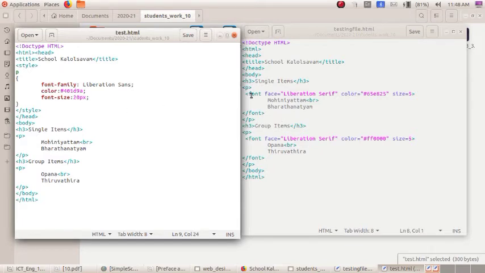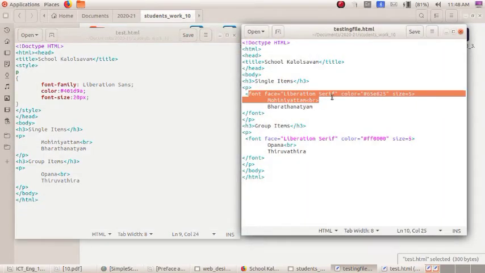Then here is the format. Here we typed font face equal to Liberation Serif, with the quotation mark. But see here, font hyphen family, then put a colon, then without quotation marks you can write the font family, that is Liberation Sans or Liberation Serif or any other. Then the statement ends with a semicolon.